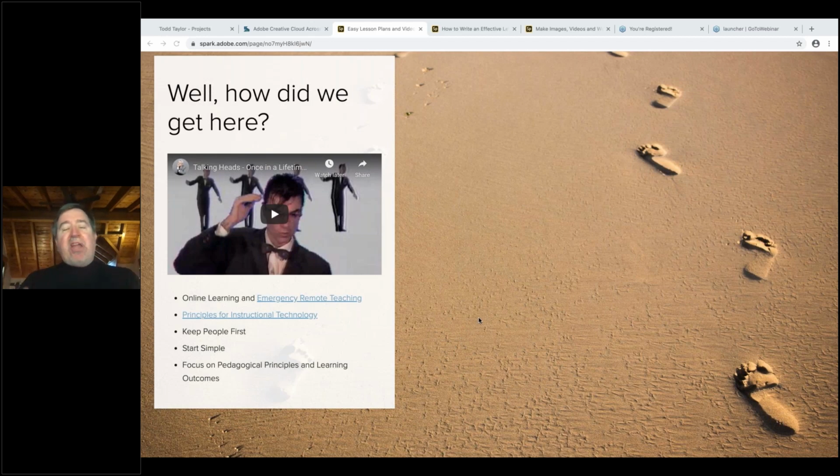And so as a frame around all of this, we need to think about where we are and how we got there. The first thing I'd like to put in this frame is to separate concepts of online or distance learning from emergency remote teaching. What we're going to do today can work for both environments, but it's very important that if you're not an experienced digital or online instructor, you don't feel a lot of pressure to make the digital experience of your course perfect and wonderful today, because if you're doing this very suddenly because of the situation regarding the closing of so many schools,